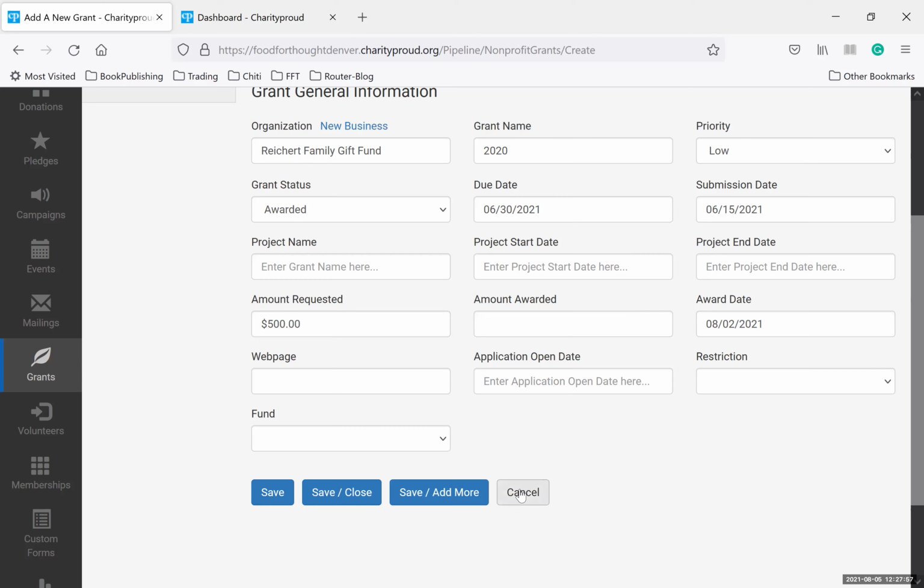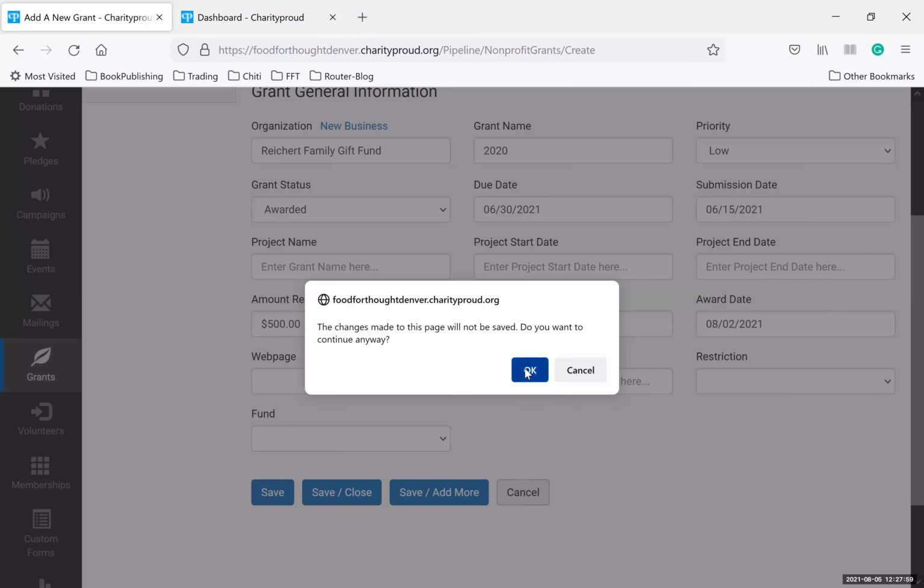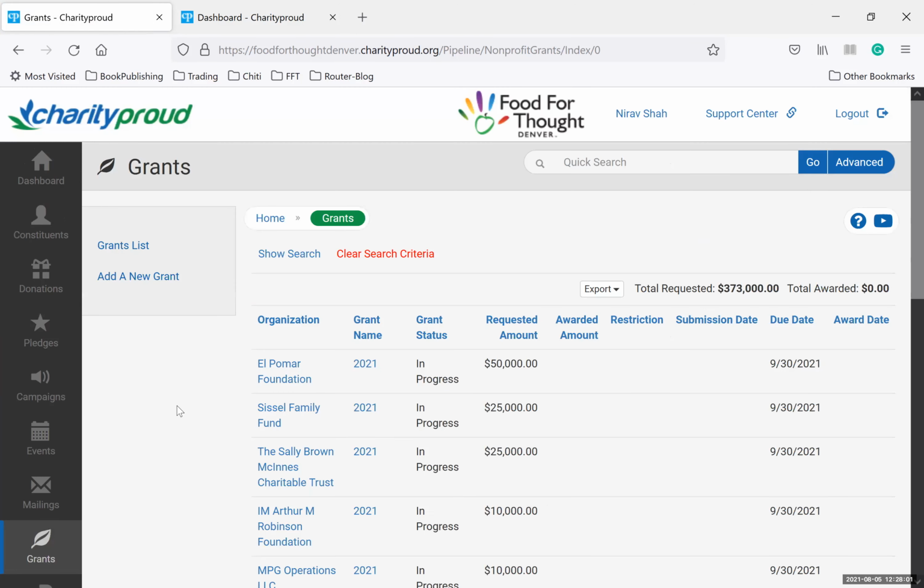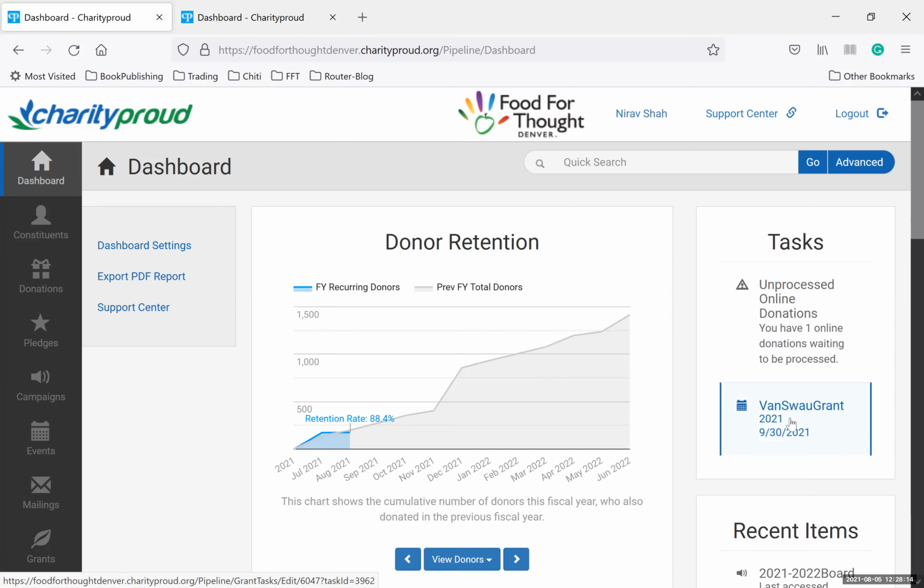I'm going to cancel this because I already did this for this August 2nd. Okay, so that's all the information regarding how to manage grants in Charity Proud. Well, not all. Let me do one more thing. Let me go back to my dashboard, and I have this Van Sway grant. So once you write the grant, you go into this task,